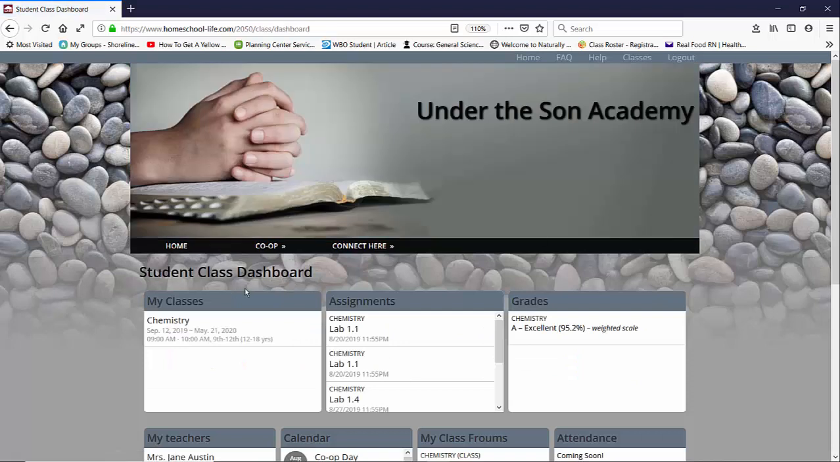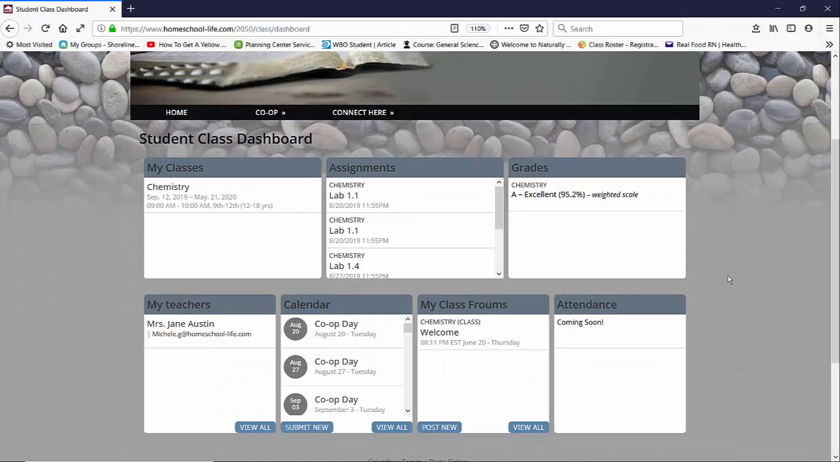If you don't land on the class dashboard, just go up to the upper right corner where it says classes and click on classes. On your class dashboard you will see a widget called grades, and you can click on the grades and it will take you to their class homepage. So right now what you're seeing is the student's overall grade for chemistry. So let's go ahead and click on chemistry,